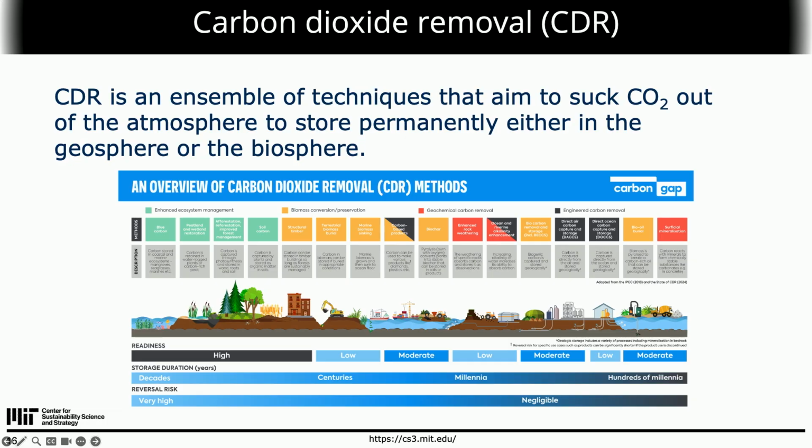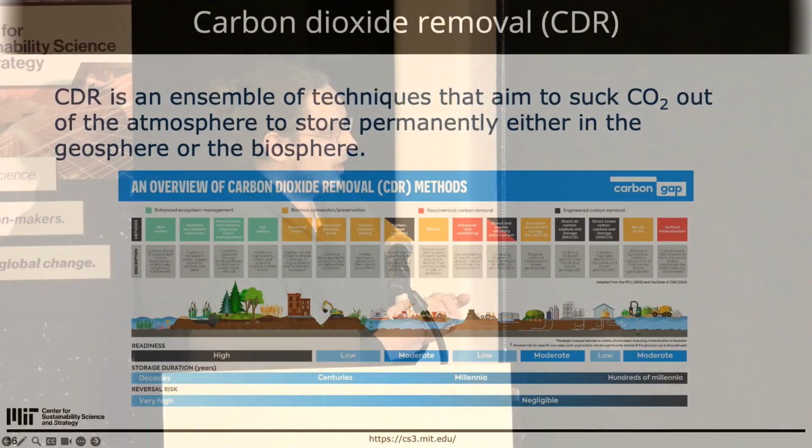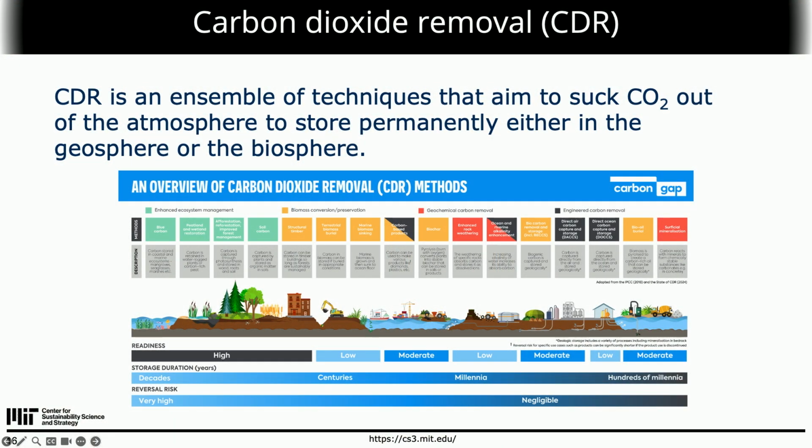These 2 examples I just gave are, as you can see with the storage duration axis here, short-term carbon dioxide removal techniques. They only keep the CO2 out of the atmosphere for some decades. And if we want to have an impactful carbon dioxide removal strategy, we want to consider also long-term removal strategies that I'm going to go through after that. Another technique to remove CO2 from the atmosphere is to go with biomass conversion. So for example, there's a